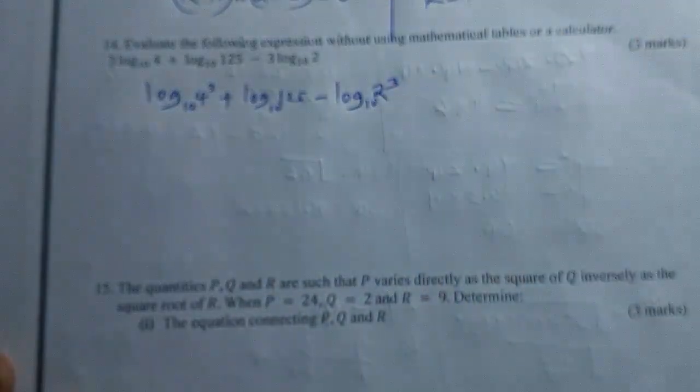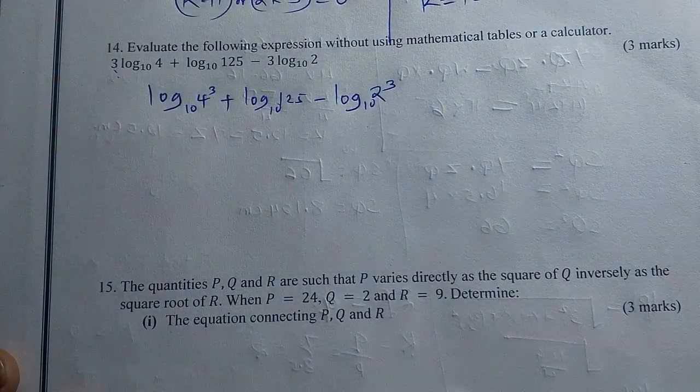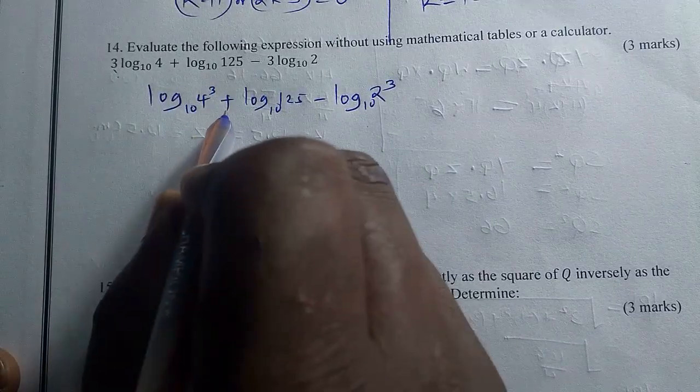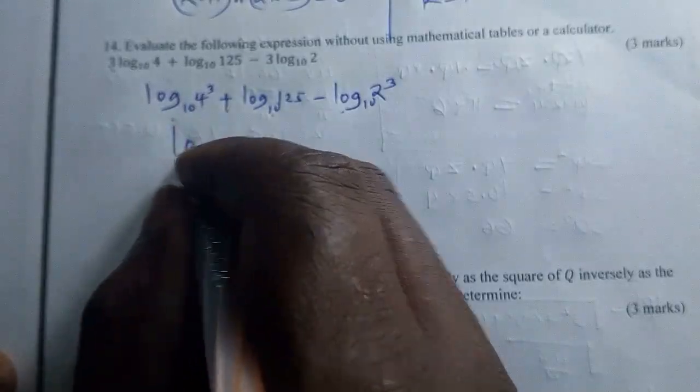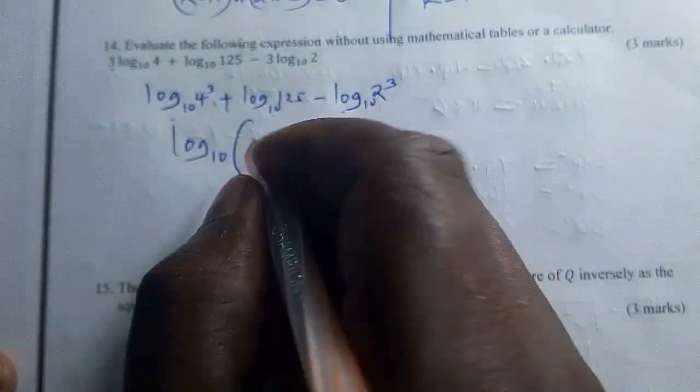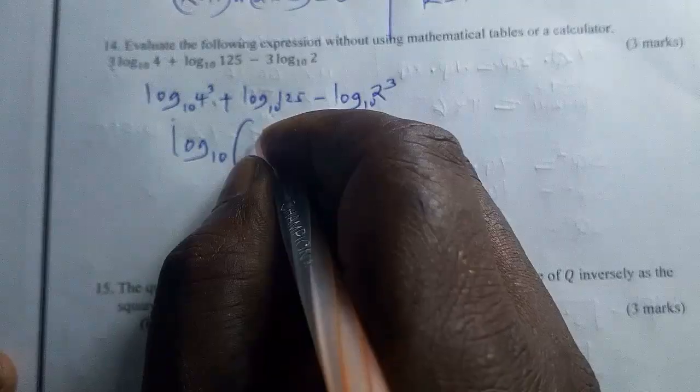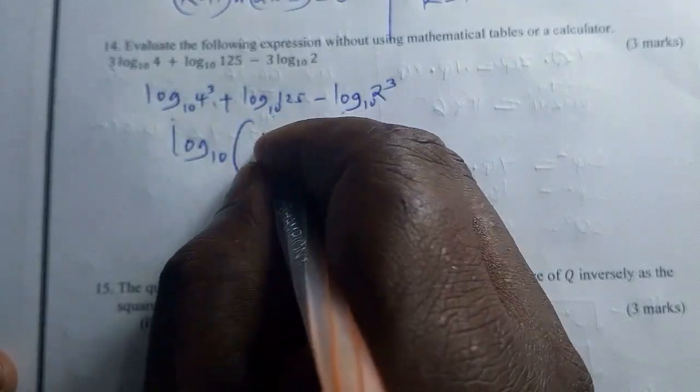That is the first law we need to understand. But when it is addition it means multiplication, the common factor is log. So log base 10 is the common factor, which is 4 raised to power 3 times